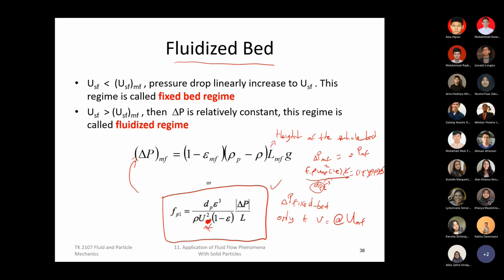Okay, so if it's a conventional or traditional question that simply asks you about the delta P, then you can always go back to this initial equation. Just make sure that you can calculate at UMF condition. But if the question becomes creative, and the question becomes how to calculate the maximum particle diameter or the epsilon and so on, then at minimum fluidization condition, you can take advantage of these two equations.